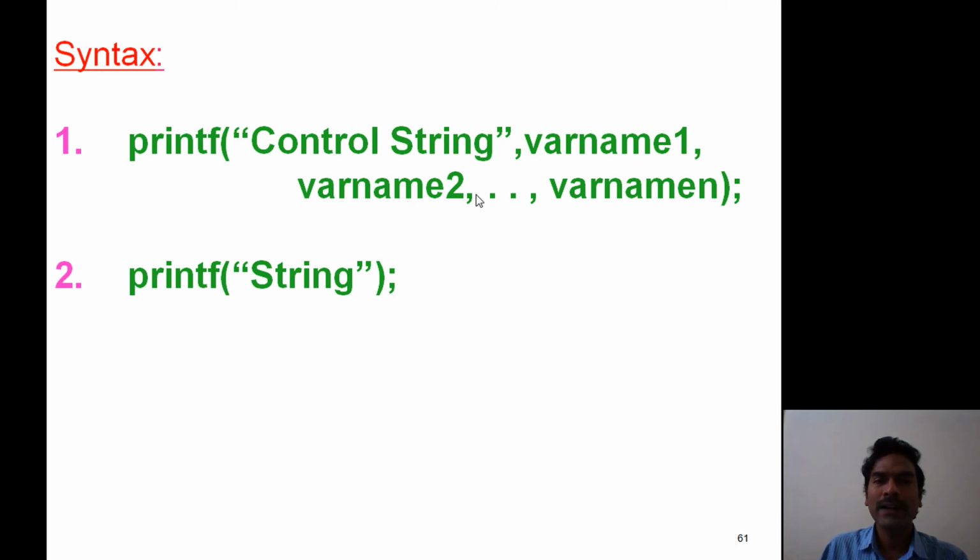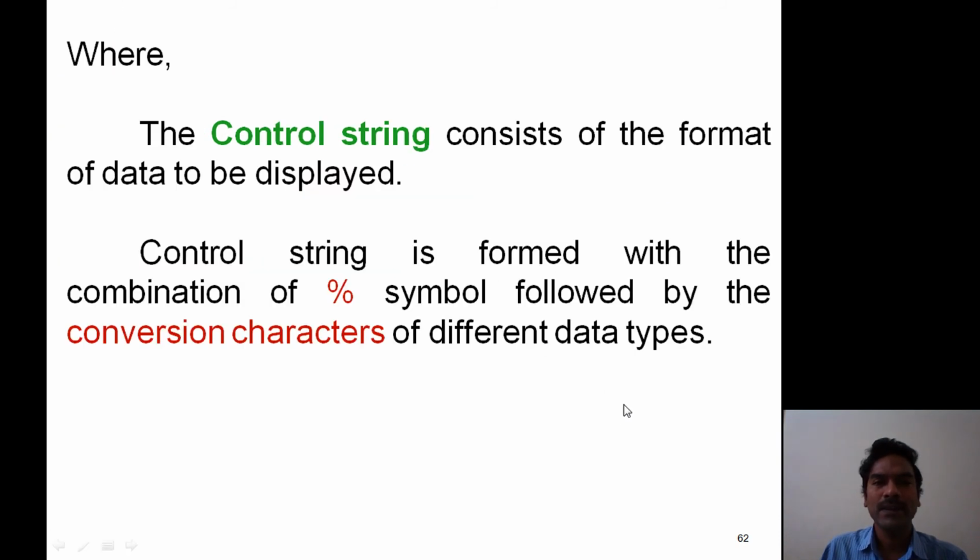Here the control string specifies the format of the data to be displayed. Since we are displaying different types of values, from the compiler's point of view it is necessary to know what type of value is to be displayed. The control string is formed with a percentage symbol followed by conversion characters of different data types.